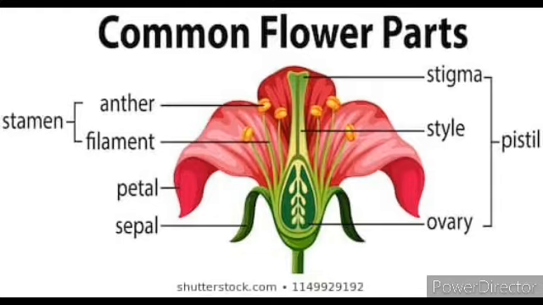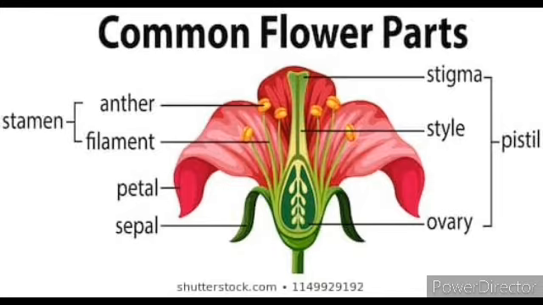Part of this pollen travels down the style and then into the ovary. The tiny piece of pollen joins onto an ovule in the ovary. Then the plant is fertilized. The ovary of the flower turns into seed, which will then be dispersed so that a new plant will be able